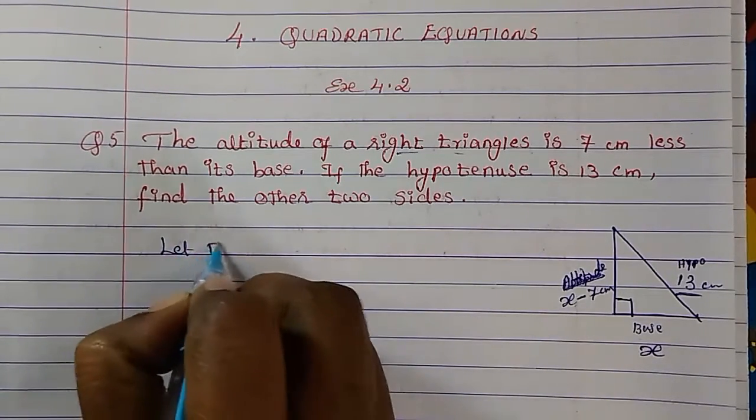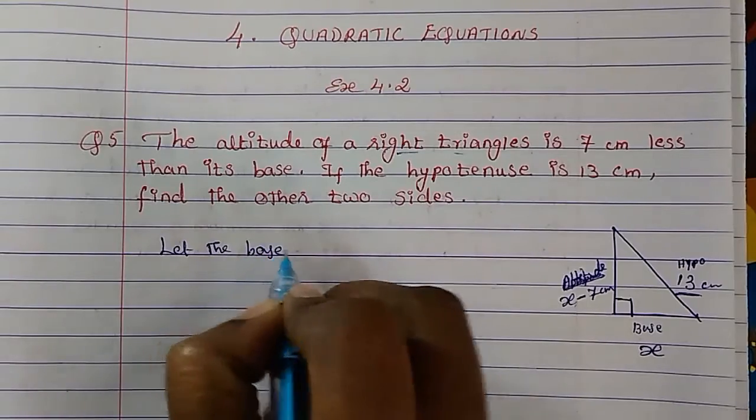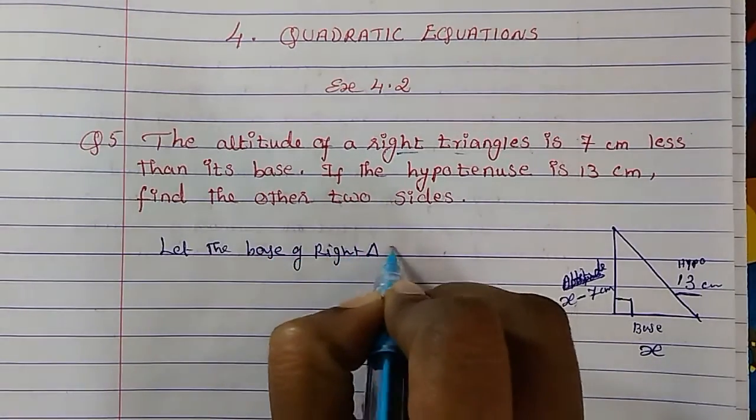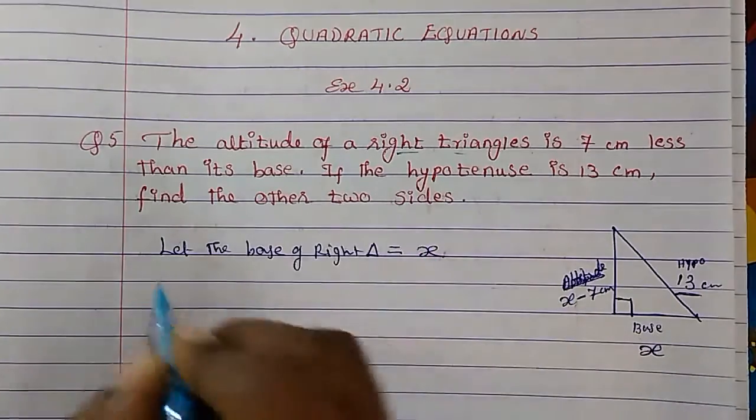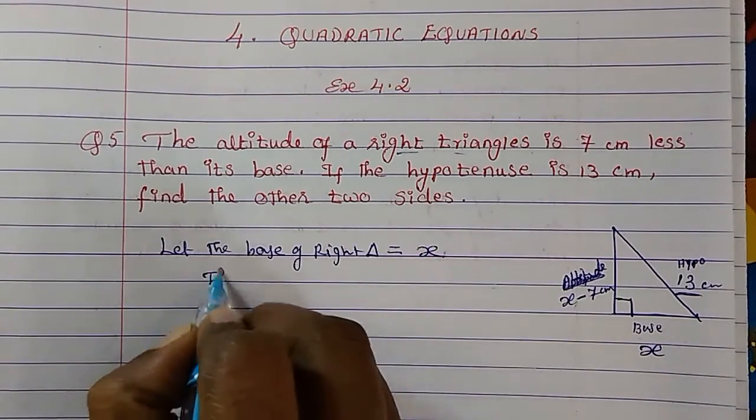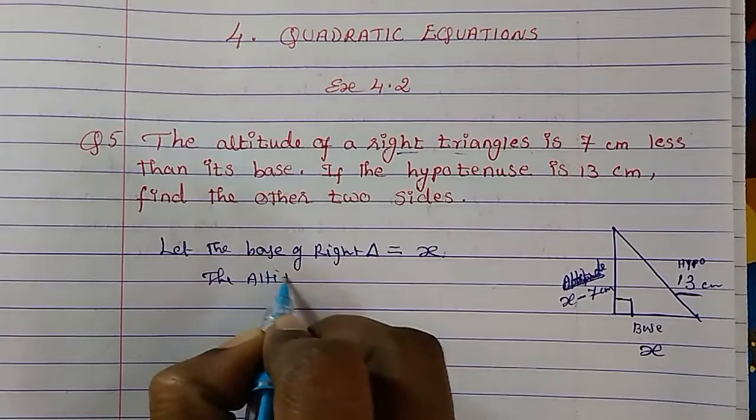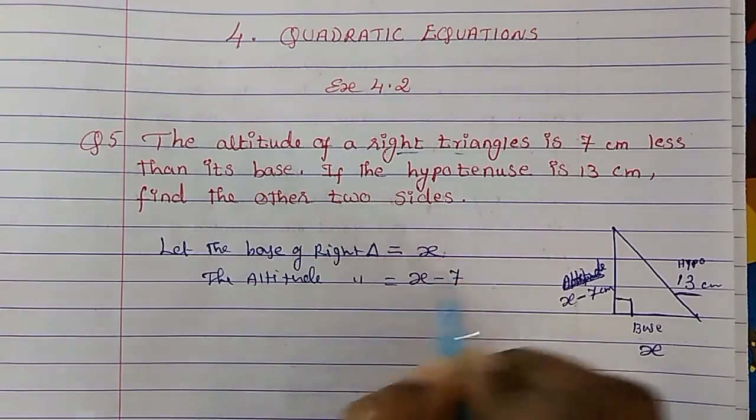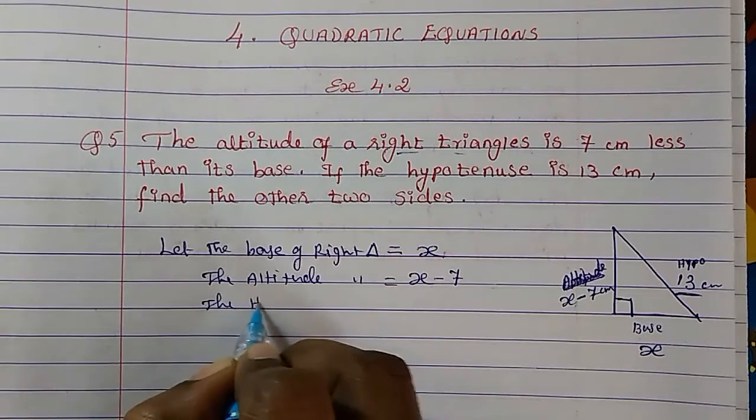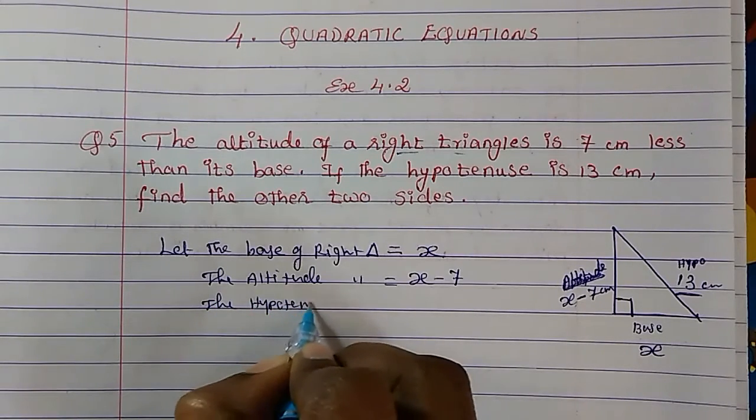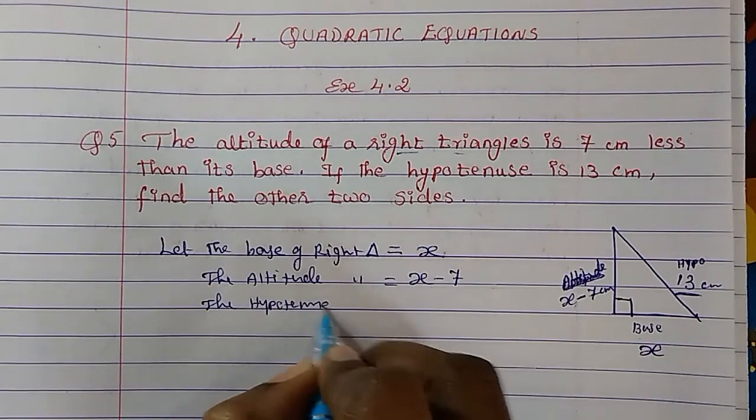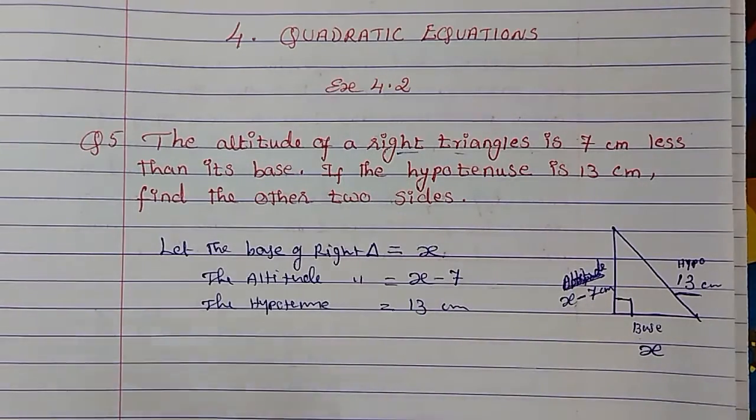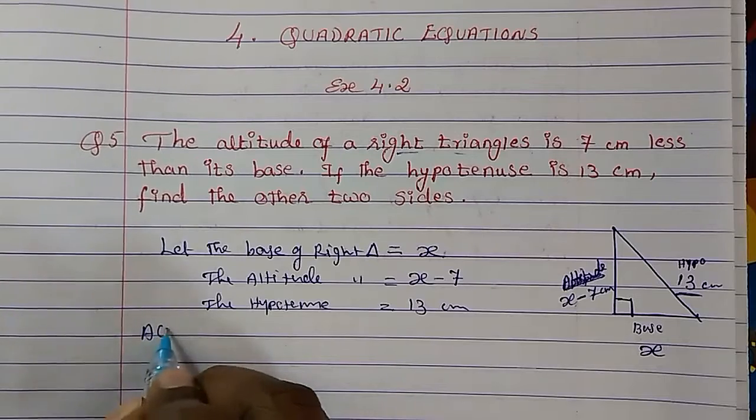Okay, so let the base of the right triangle be x. Then the altitude of this will be x minus 7, and the hypotenuse that is given to us is 13 centimeters. Okay, so now according to Pythagoras theorem,